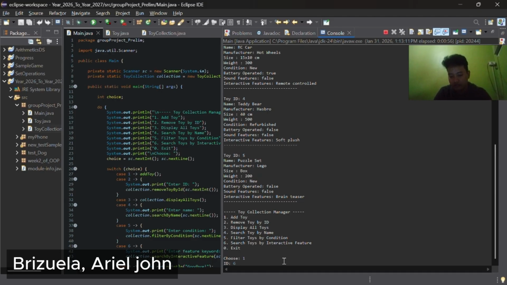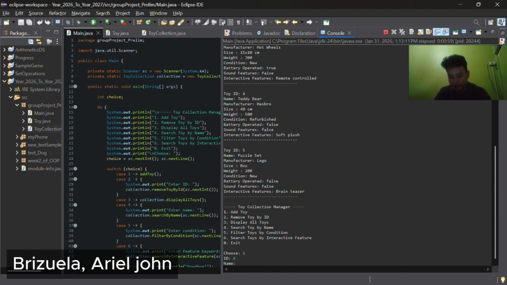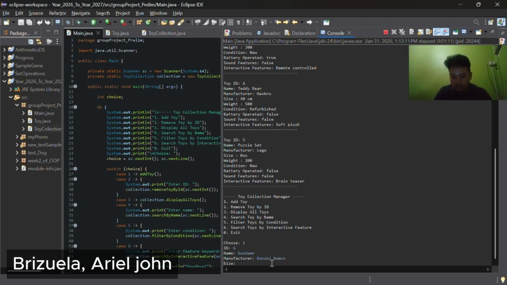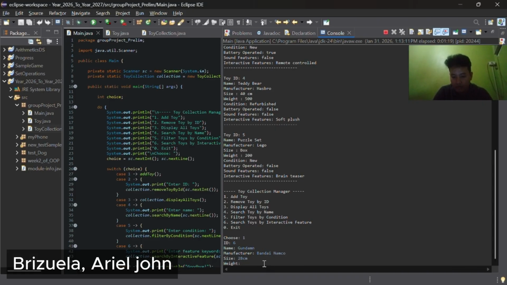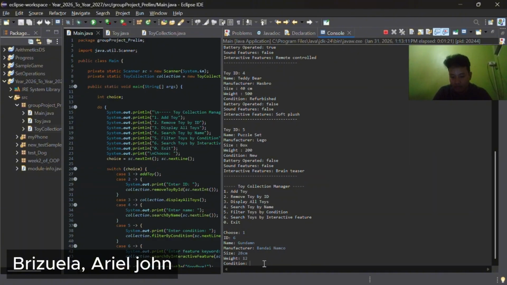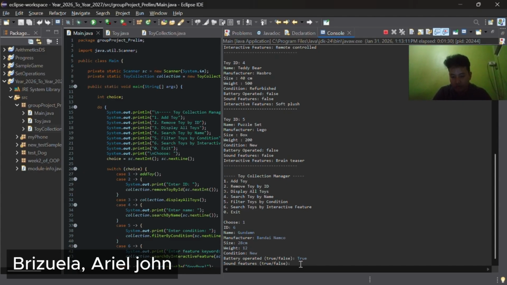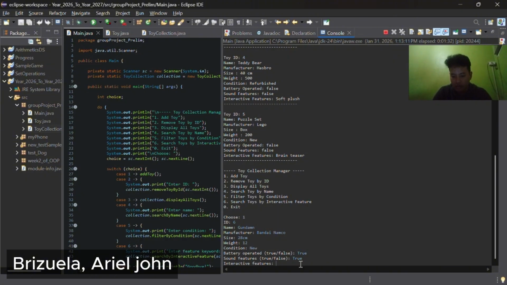The ID is 6 since 1 to 5 is already there, and the name is Gundam, the manufacturer is Bandai Namco, the size is 28 centimeters, the weight is 12, condition is new, body operative, yes, so true, sound feature, true, and interactive feature, action figure.